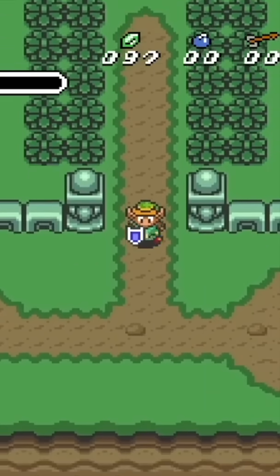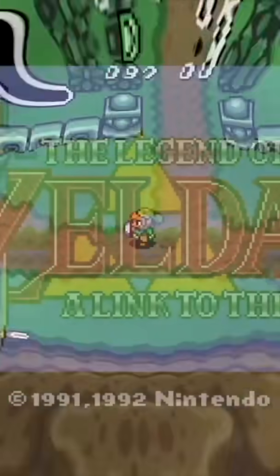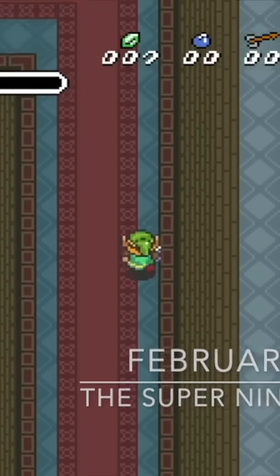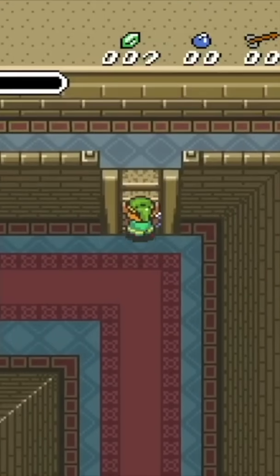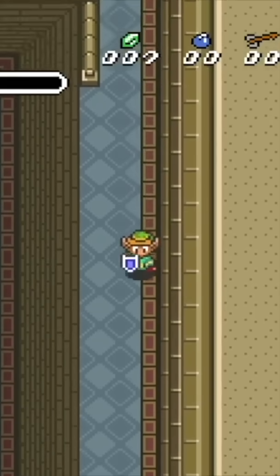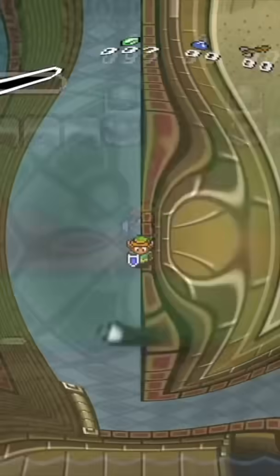In a recent video, I made a statement that got a few comments. That is because A Link to the Past is not a 2D game. Almost every single screen of this game has at least 2 layers. You could call it a 2.5D game if you want, but this is not a 2D game.